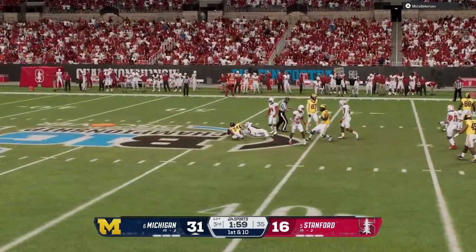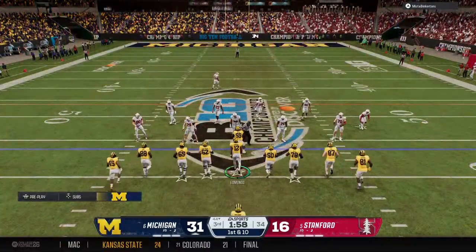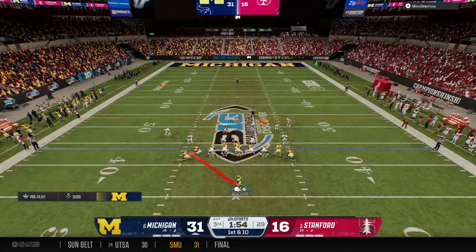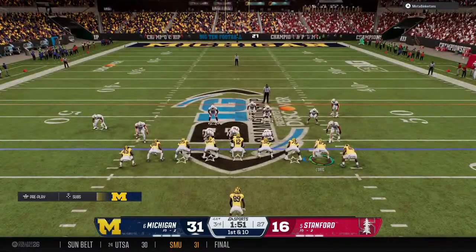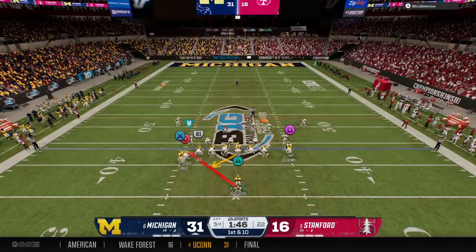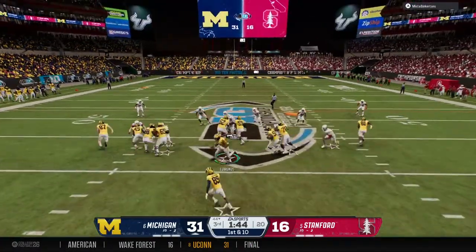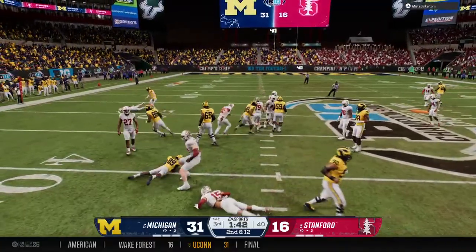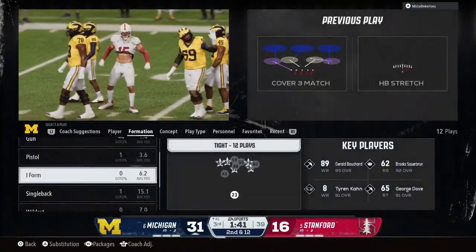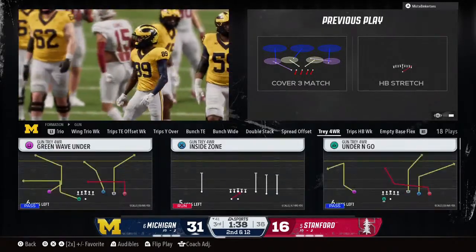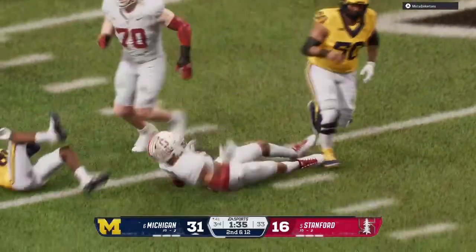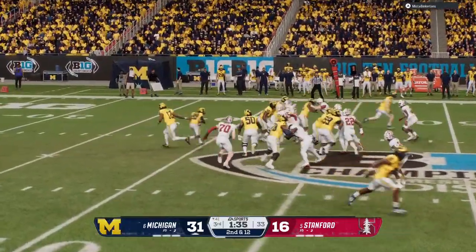Here's the thing that I love about this play: the running back showing great patience and then the vision to find that hole and then accelerate through it for a nice gain. The tight end goes in motion before the snap. Tackled behind the line. It's a loss of 2. I love the idea to mix it up from time to time because, let's face it, you can't be predictable. But the execution was a little bit lacking on that one, right? They might want to go back to the drawing board on that call.